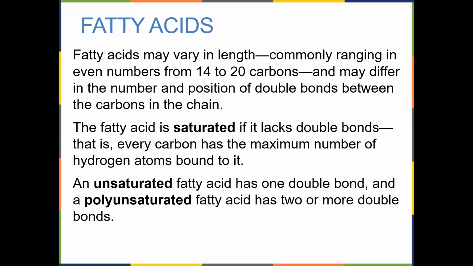If it's unsaturated, it has a double bond in there. And so it's missing a couple hydrogens because of the double bond. If it's unsaturated, it has one double bond. If it's polyunsaturated, a term that you've also likely heard, you heard unsaturated, and you may have heard polyunsaturated. Polyunsaturated fatty acids have more than one double bond, at least two, maybe more. And the chain will always bend and kink and twist at the double bonds.